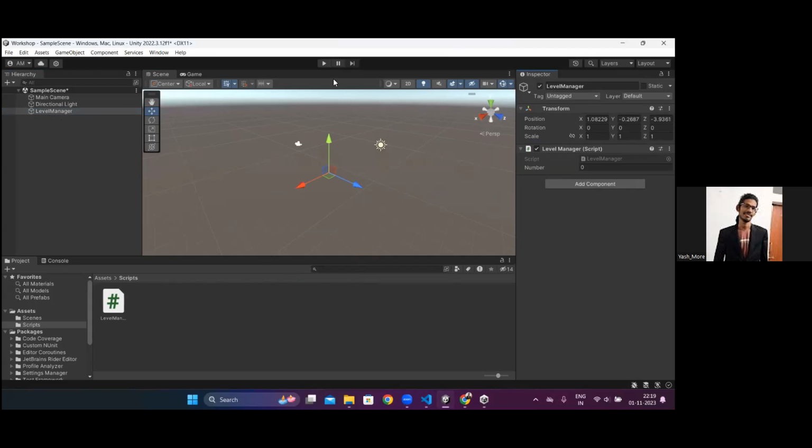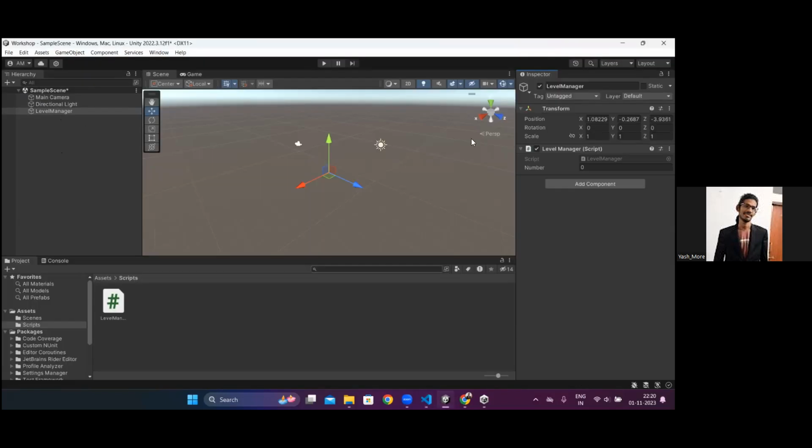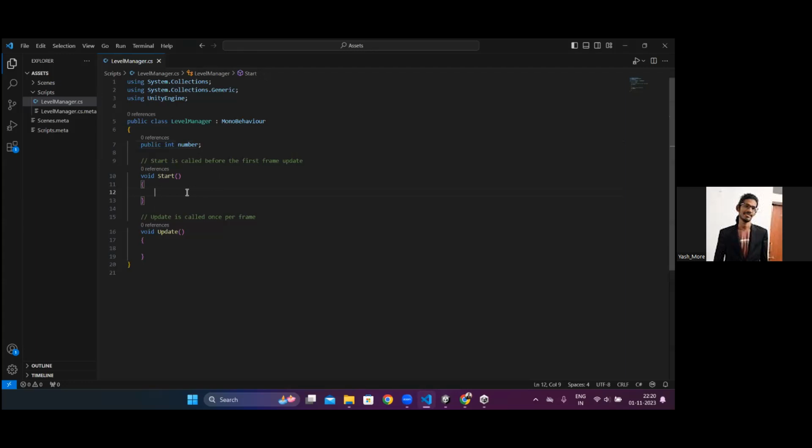And after that, I declared a public integer number, so that will be visible to you in the inspector menu when you click on the level manager after you drag this. So you can change its value over here. Maybe I'll make it 420